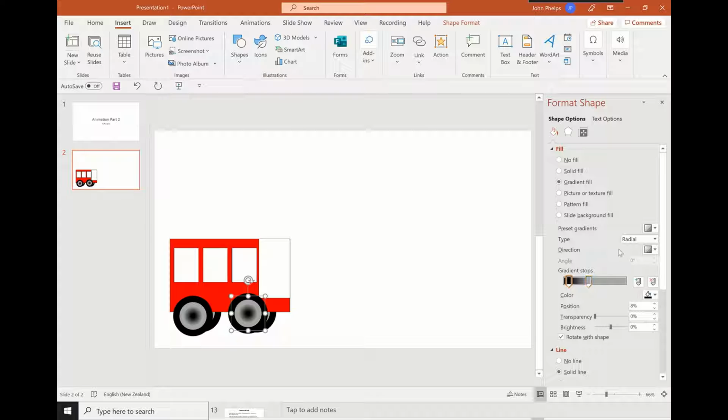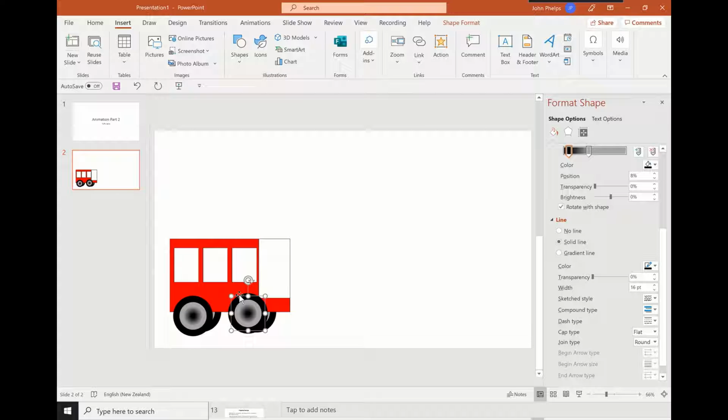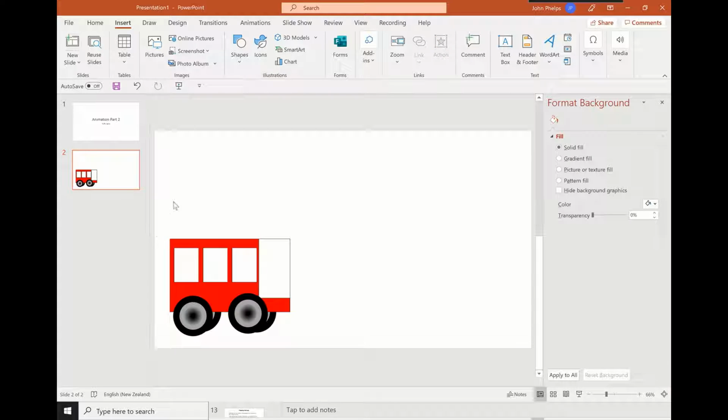We've got a couple of stops here, and from in this area I've chosen the radial, which gives quite a nice effect for the tires. And if we come down and look at the line, I changed the line to get the thickness of the tires to about 16. Now I'm going to group the bus, and so